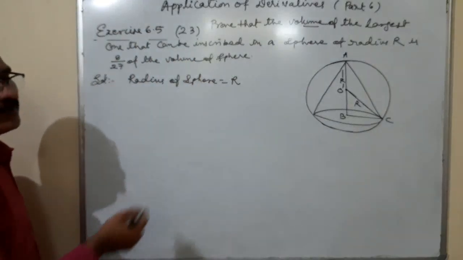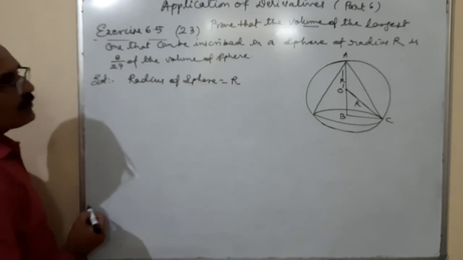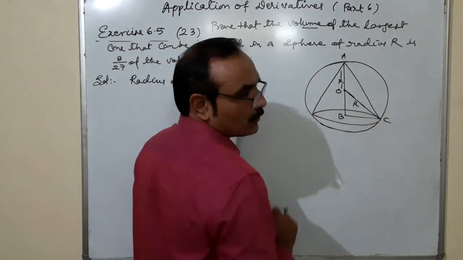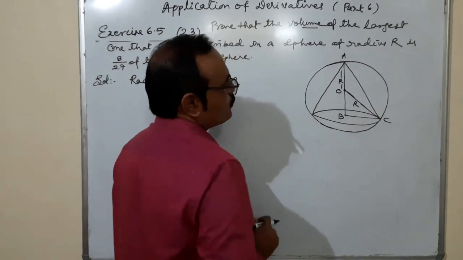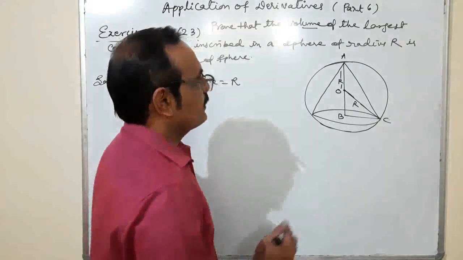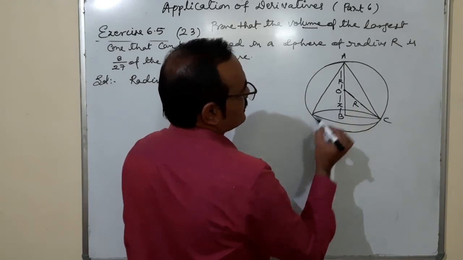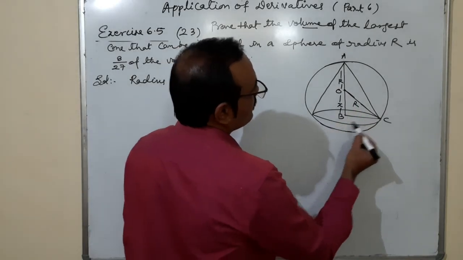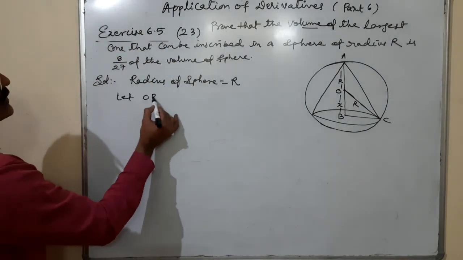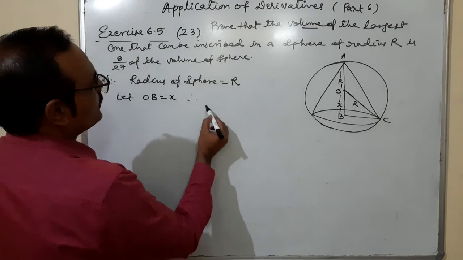And definitely we'll get a relation between r and h of the cone. This is the radius of the cone and this is the height of the cone. Formula: volume of the cone is equal to 1 upon 3 pi r square h. If I consider from O to B, let OB is equal to x. Therefore BC is equal to,